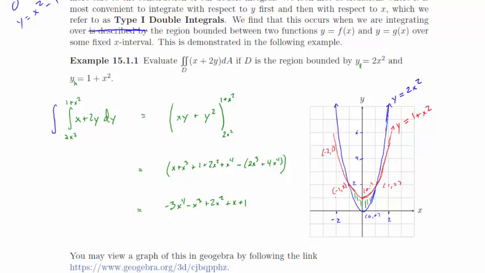If we integrated from x is like negative 2 to 2, then we would also get the space up here and over here, and we would get that as negatives because y equals 2x squared and 1 plus x squared have switched which one is above and which one is below. So the integral would give us a negative value there. And we don't want that. We want specifically the space in between them, not this open infinite space outside here. So we're just going to do from x is -1 to x is 1